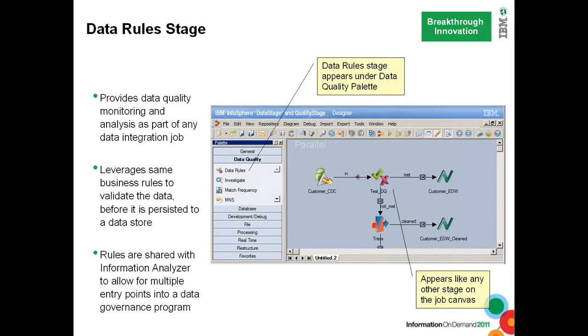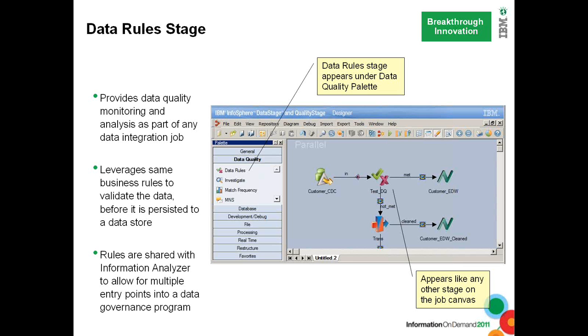In Information Analyzer, which is a suite component of Information Server, when you do your data quality process, identifying the data, figuring out the relationships and the data anomalies, what you use are called Information Analyzer data rules. Those same data rules are available within the DataStage canvas by using this new stage, the data rule stage. This again alludes to the fact that we are using active metadata. Whatever you've defined in Information Analyzer, that rule itself is available within the DataStage canvas, right?